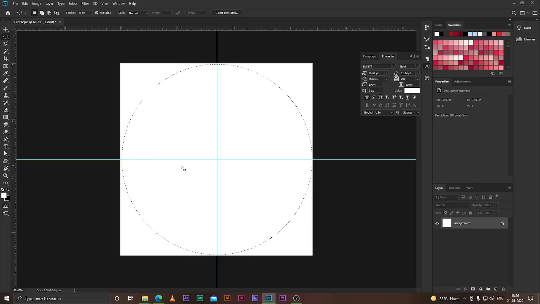Yes, it snaps. Right, and we need to select the elliptical tool and click and drag. Alt and shift, alt and shift, right, and click and drag.